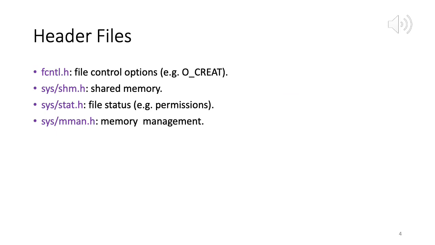Now I am on slide number 4, and the title of the slide is header files. Whenever we write a C program, we need a set of header files. For example, for printf we need stdio. For the fork and exec system calls we needed some other header files.